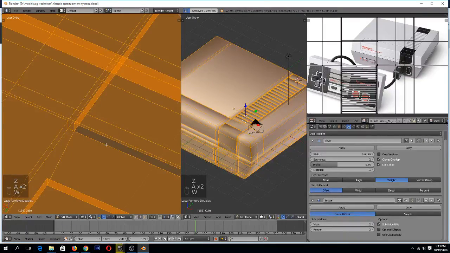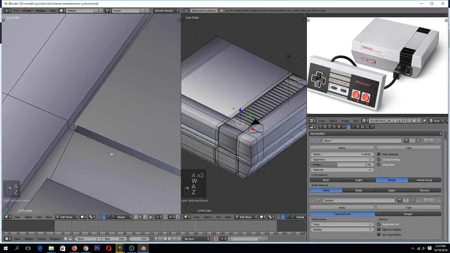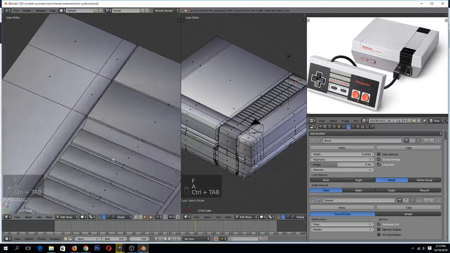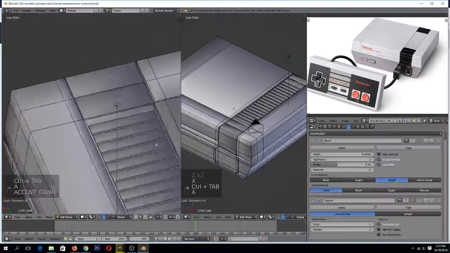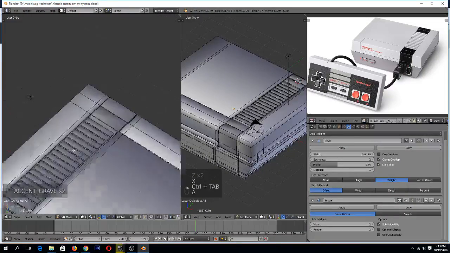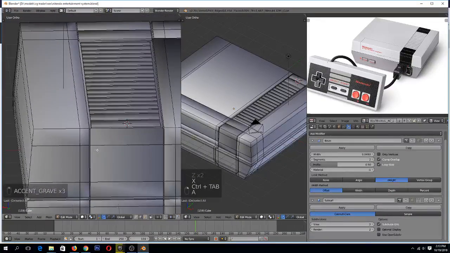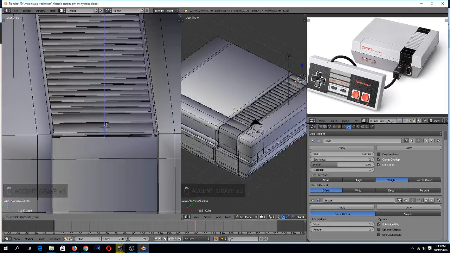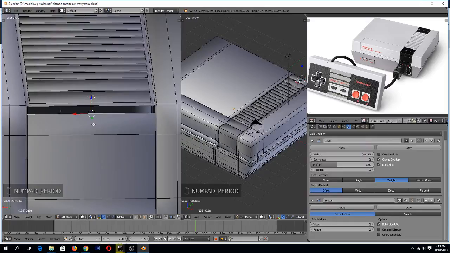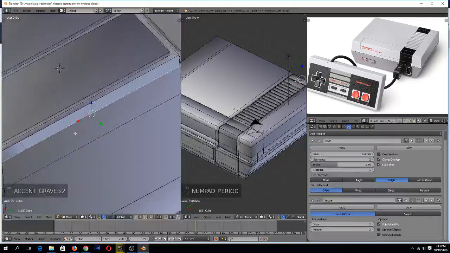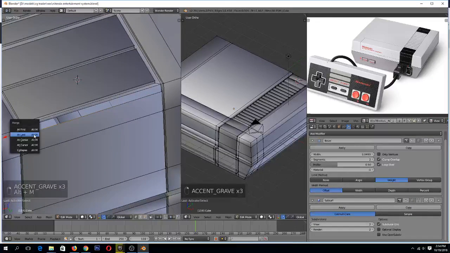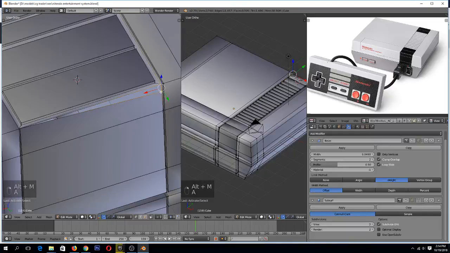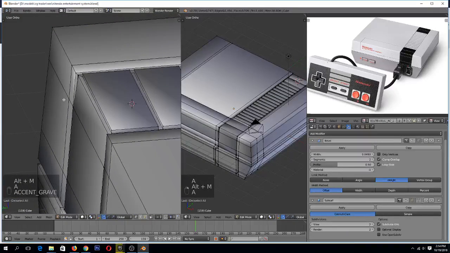Let's try removing doubles and see if we have any. Connect that to that. We have this face we don't need. So yeah, it's just a few things that you need to do to make this look better and well detailed. So I think we can merge this to that, and this to that, and pull this edge